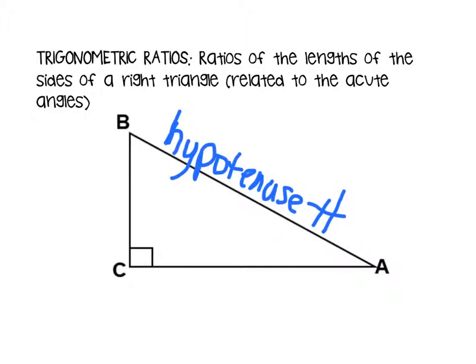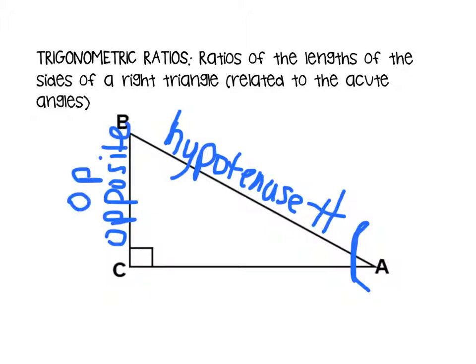Now the opposite and the adjacent sides depend on which angle we're working with. If it tells us find the sine of A, we're working with angle A. So I go ahead and mark the angle we're working with. In this case, we'll say it's A. The opposite side is the side that is straight across from that angle. Side BC, in this case, would be your opposite side. I normally label that OP